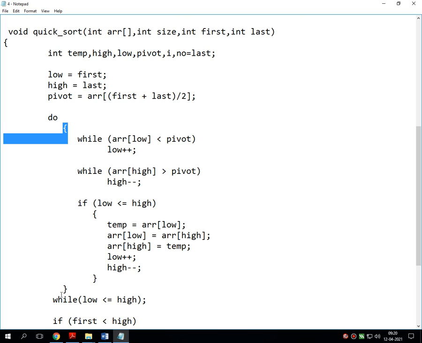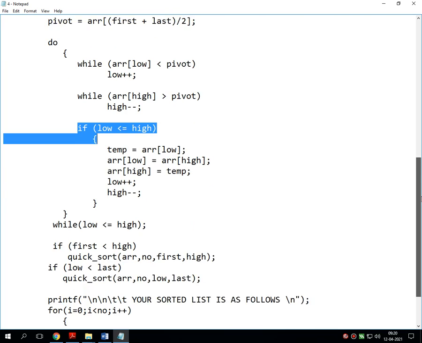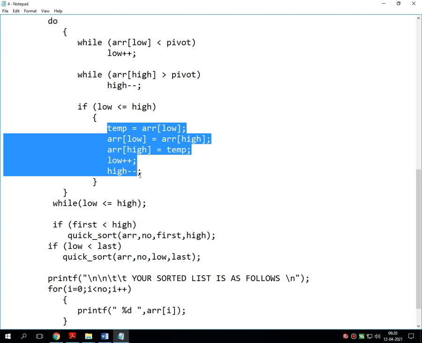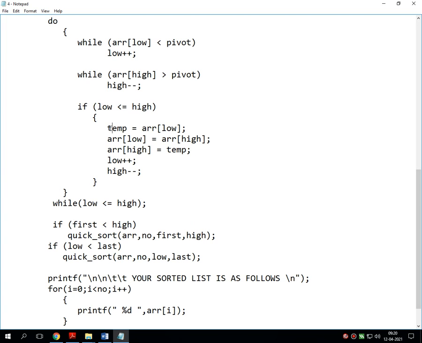During this do statement, it transfers all the values on the left hand side which are lower than the pivot, and it transfers all the values on the right hand side which are higher than the pivot element. Once this transfer is done, it internally sorts all the elements using a simple swapping logic,